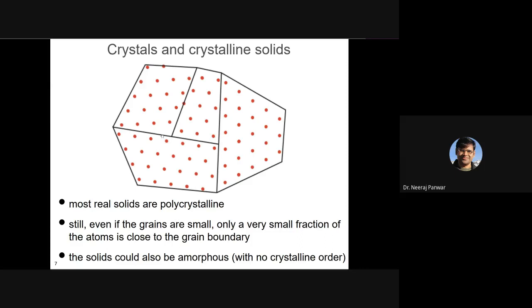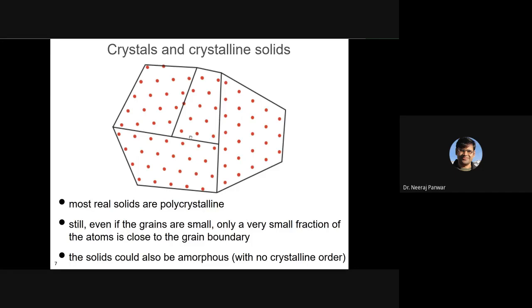Here, it is just a picture, not a real picture. It is just to make you understand what is there in a polycrystalline material. There are crystallites, only 4 crystallites here, and each crystallite has periodic arrangement but a different orientation of atoms, and each crystallite is separated from another crystallite by a region known as the grain boundary. So this line between two crystallites represents a grain boundary.